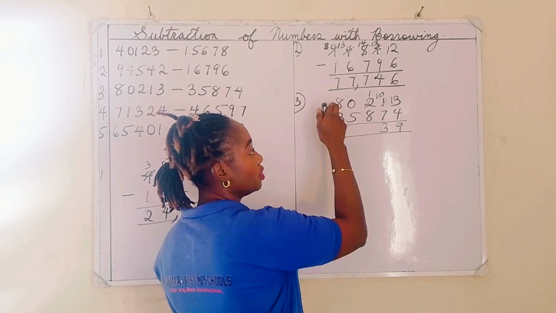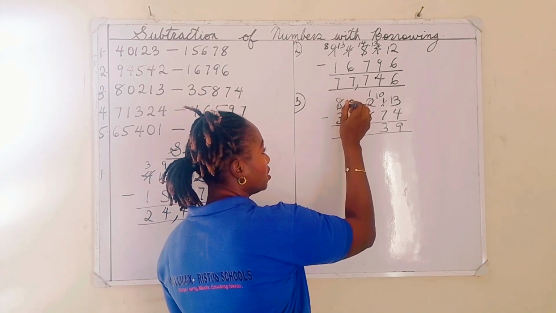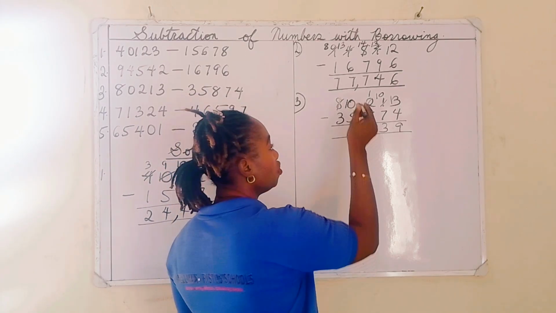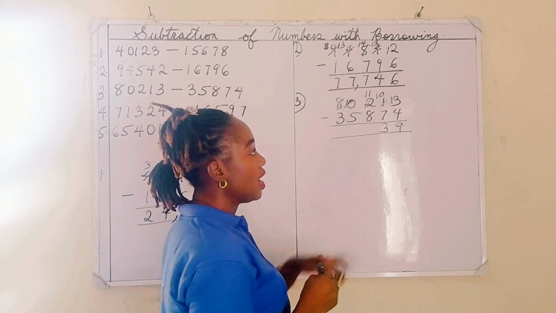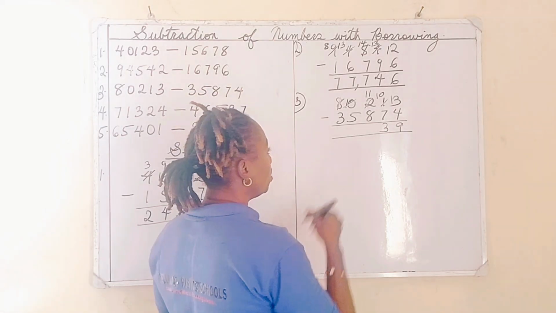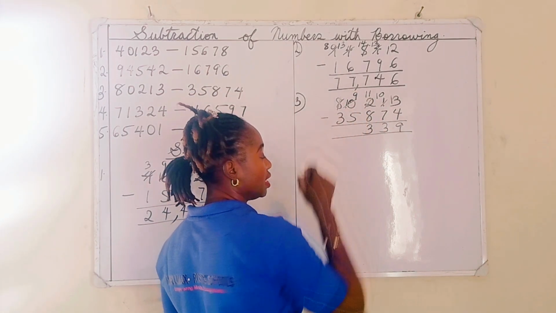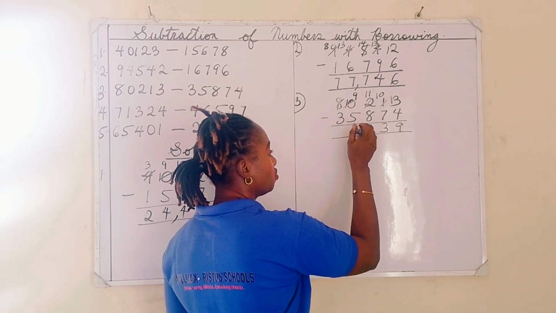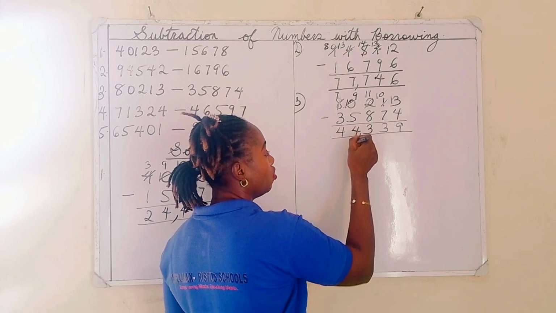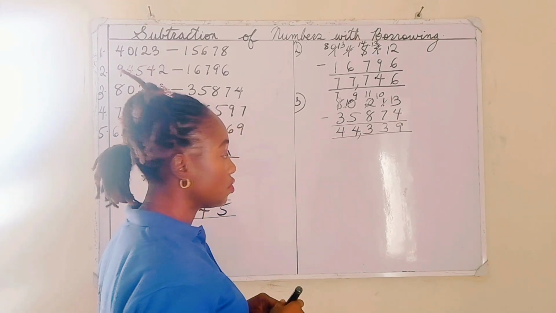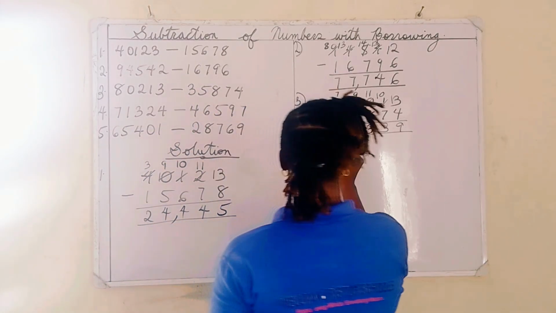So we'll have to borrow from the last number, which is the 10,000s. Borrow 1 from 8 here, add it to 0 to make it 10. We borrow 1 from 10, add it to 1 here to make it 11. Now we have 11 take away 8, which gives us 3. And we're left with 9 here because we borrowed 1 from 10 before. 9 take away 5 is 4. And here we're left with 7. 7 take away 3 is also 4. Our answer is 44,339. Question 4. We have